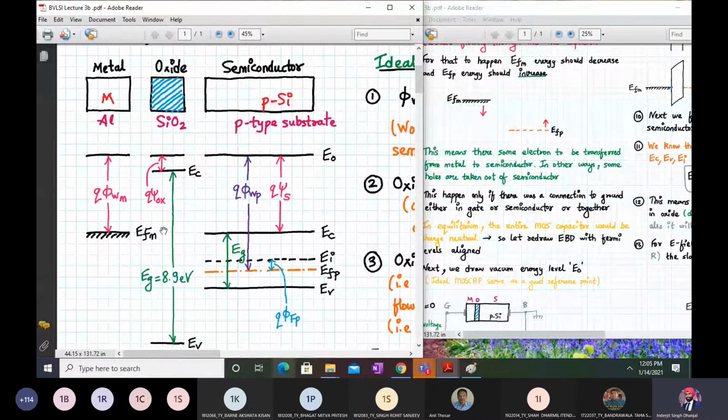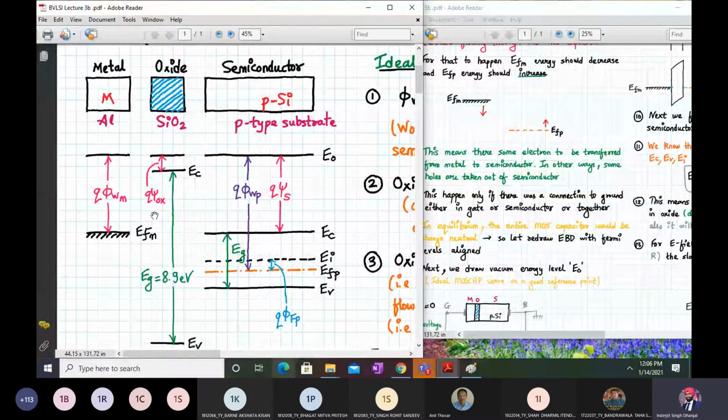In metal, below the Fermi energy level, EFM, all the energy levels will be filled with electrons, and above EF, there will be plenty of vacant states. This is the reason why, when we apply a potential difference across a metal, there will be very little resistance to the electric current conduction. So this is the energy band diagram, EFM. I am yet to cover the E naught part.